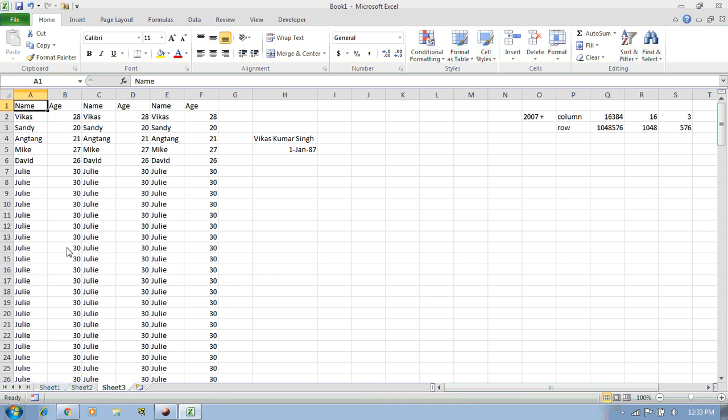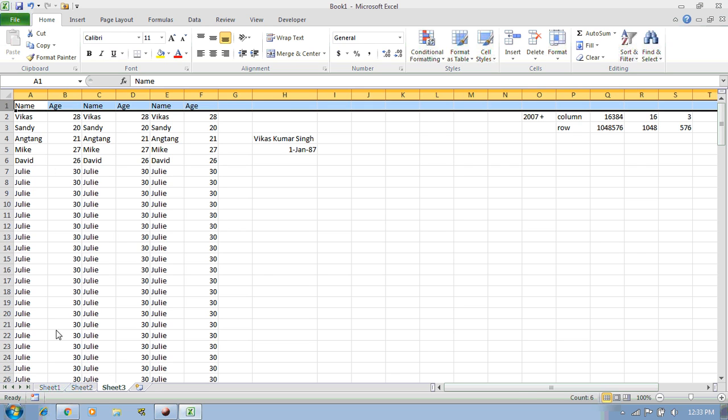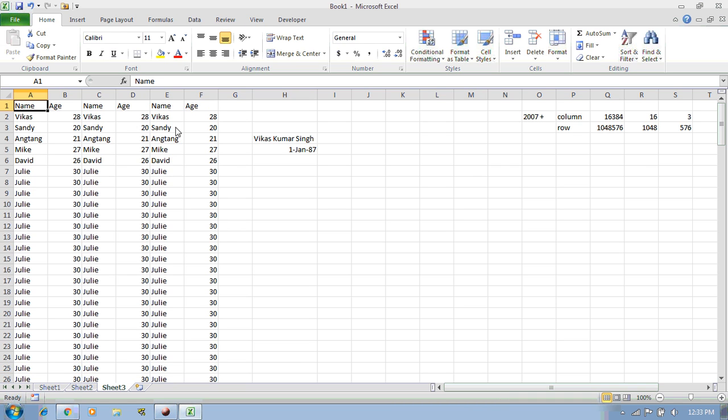Now just see that at first we can see the rows from 1 to 26, and if I press the Page Down button on the keyboard, it will show the next page.